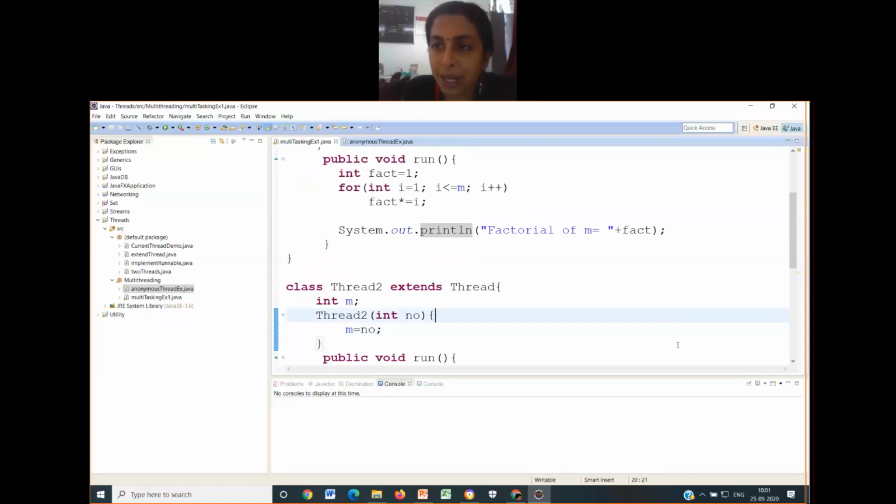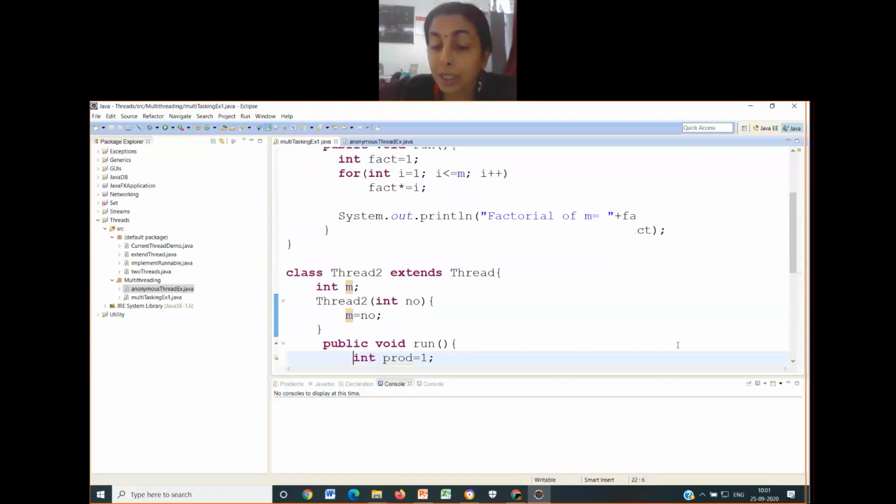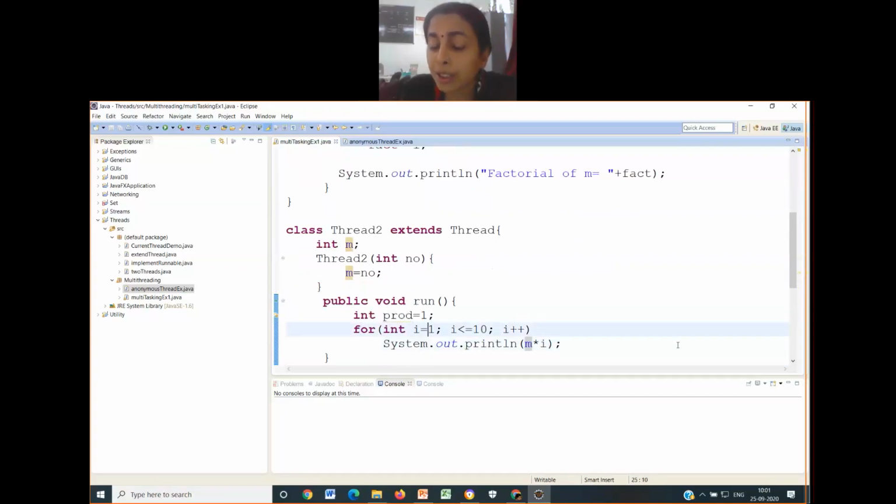Whatever number I have passed gets assigned to the local variable m. Using that local variable m, I want the multiplication table of the number given as input. What is the multiplication table? It is 1 into m, 2 into m, 3 into m, and so on up to 10 into m.